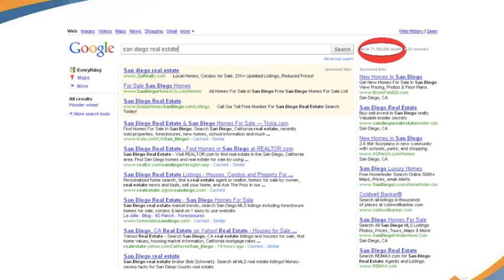The chances of you getting someone off a short tail keyword to come to your site, register, get in the car and buy a house this weekend, pretty slim. Pretty slim. So you have to know what we're talking about. When we're generating traffic from short tail keywords, yes, we're going to generate a lot of traffic. We're going to get leads. But keep in mind that these leads might not be converted into clients for 3 to 6 months down the